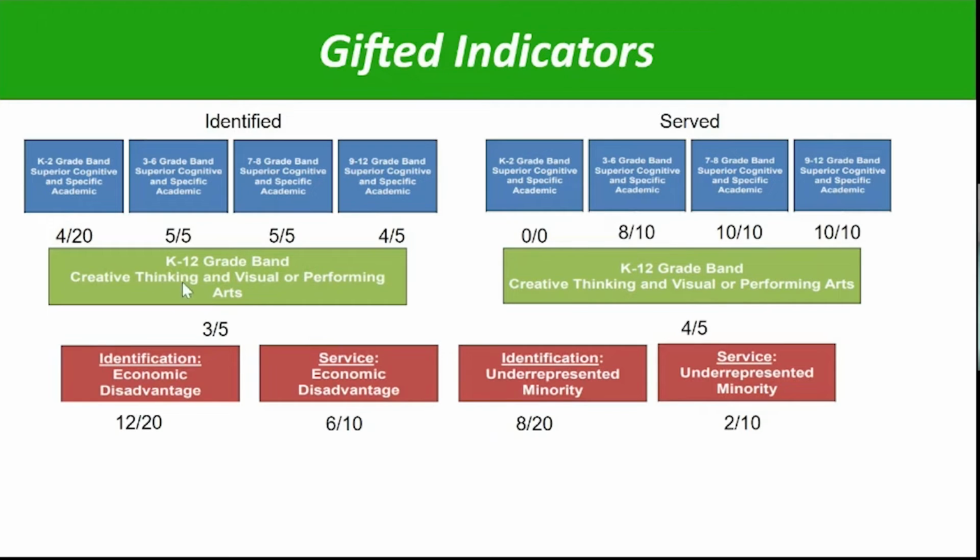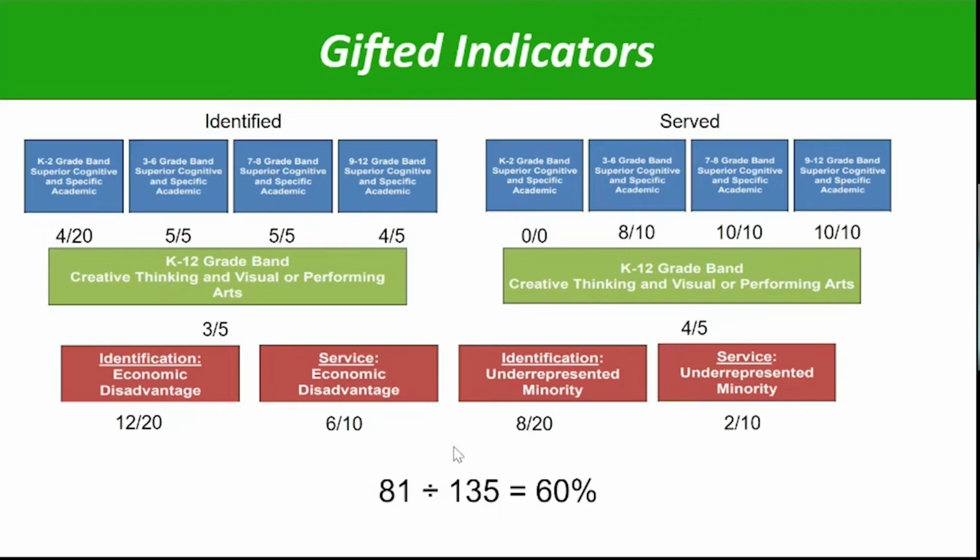K2 for creativity, or K12 for creativity and visual VPA. Those were each worth 5, and we assigned some points there. And then for economic, for our representative index down here, you can see those values as well. And if we put it all together, we got an 81 total points out of 135, and that ended up